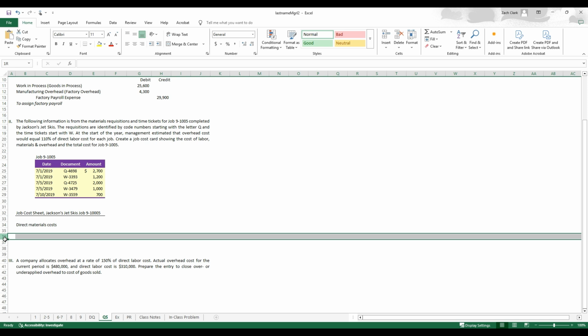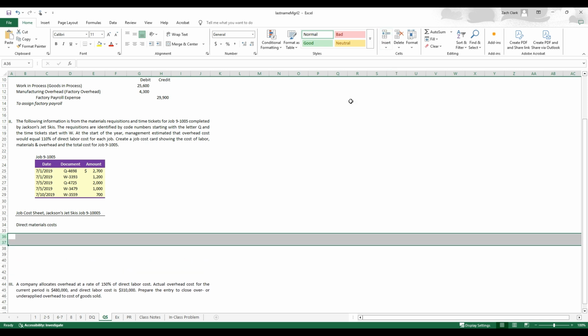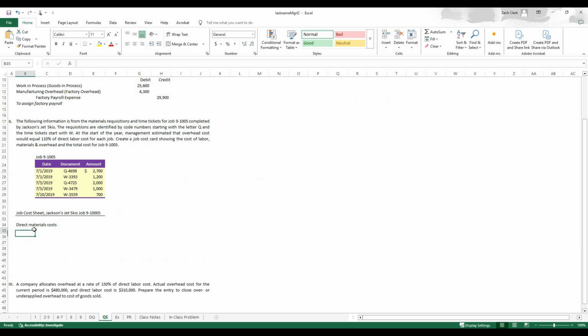Okay, so let's make a couple categories here. I'm going to add some rows to give us some space to work in, and what we want to take here for direct materials is all the Q amounts. So I'm just going to copy, highlighting those and Control C. And then I'm going to right click down here to paste these in. I'm going to paste special, so I'm right clicking